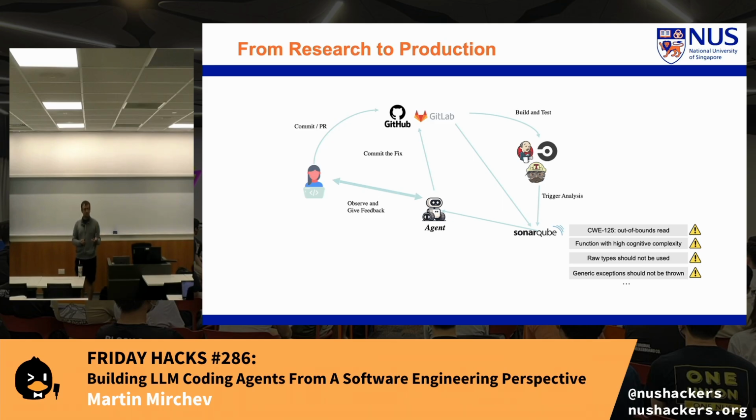So one of the important things about SonarQube is really this idea of clean code, really quality gates, saying, no, you cannot deploy this code to production even if somebody reviewed it. This is bad for our technical debt. This is risky. This is where SonarQube comes in and blocks this, and then the agent says, okay, you have these issues, let me help you solve them, and I'm going to give you patches, so you just have to review them. So now it becomes quite easier. So we've already seen that our research work can be effective in production. It's already in deployment, but that's a separate topic I can talk about after this.